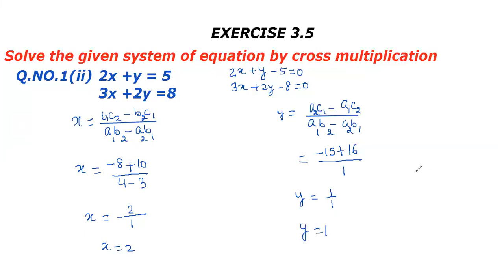So I hope you find it very simple to do the question by cross multiplication. First, you will write down the formula to get the marks for writing the formula. And then while putting the values, you will not concentrate here. You will directly write down the values from the equations. I hope you understood.